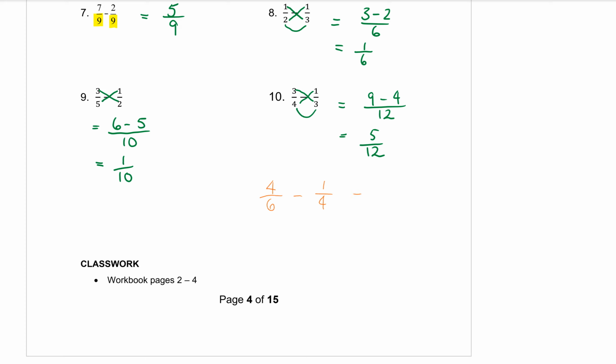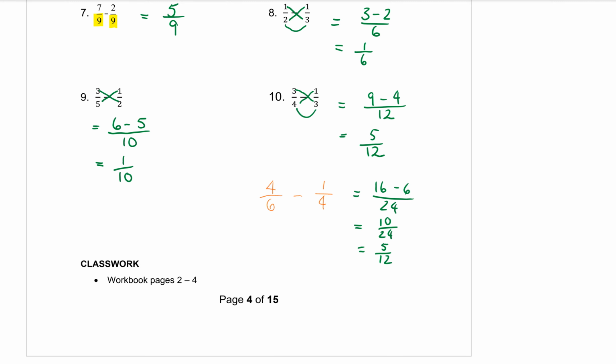Here it is. This is what we've just done. So I've gone 6 times 4 is 24, and then 4 times 4 is 16, 1 times 6 is 6. And when I subtract them, I get 10 over 24. Is 10 over 24 the most simplified fraction? No, I can divide top and bottom by 2, which would give me a 5 over 12. The method still works. And so for those of you who like to just stick to the one method, you can always use this method that I've shown you, but you just have to remember to do that simplifying step